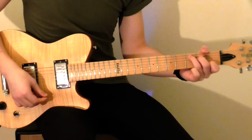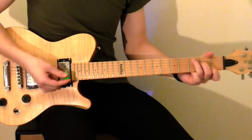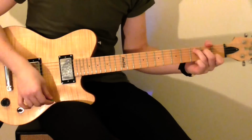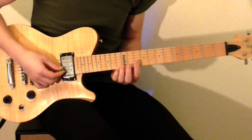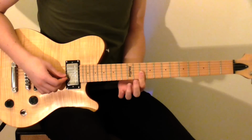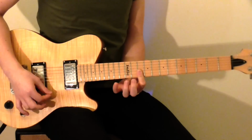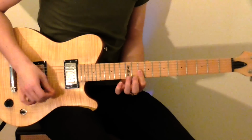And then you're going to do C to E, and then the F on the rhythm guitar will do that, but you go to, and then here, there you go. So you're going to just bar the 3 highest strings on the 10th fret, and then you're going to do your little finger on the 13th fret of the high E string. That's all it is. And then the next bit,